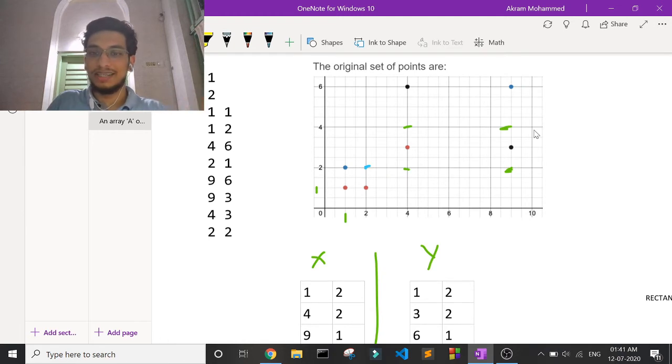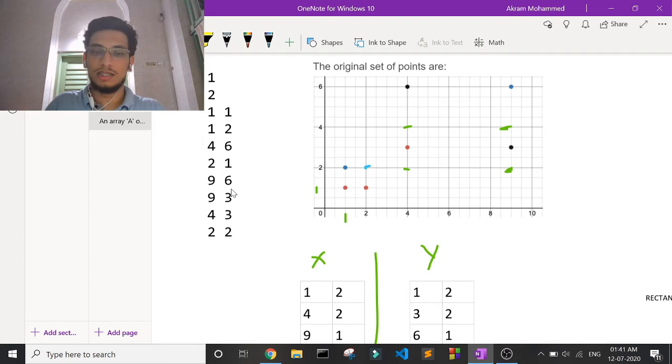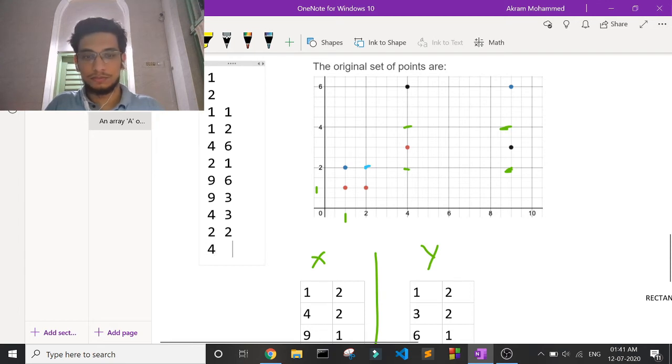Okay, let's draw another rectangle. So let's draw another rectangle like this. If I draw another rectangle like this, we have 2 more 4s. Now let that be our rectangle. Now let's see what happens to the counts. So we have, what point is this? We have 4 and 4, and then we have 4 and 2, and then we have 9 and 4, and we have 9 and 2.